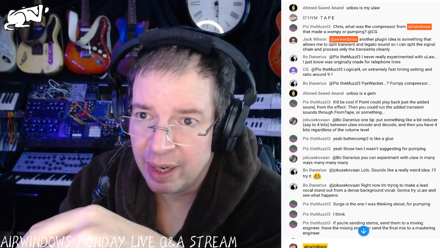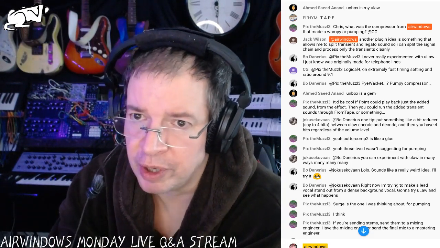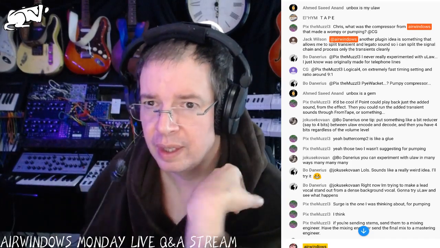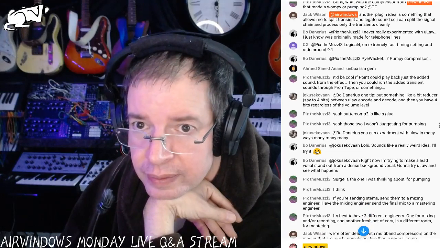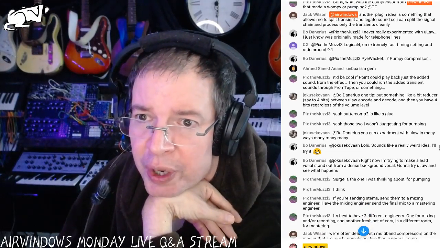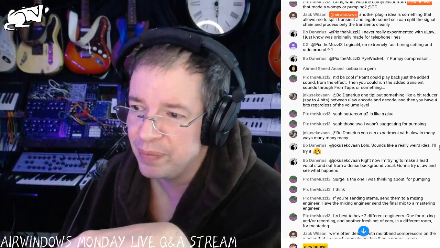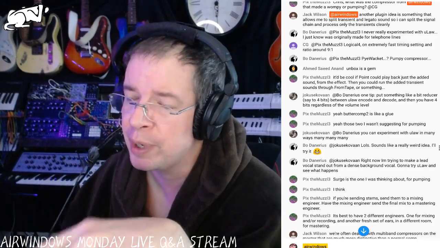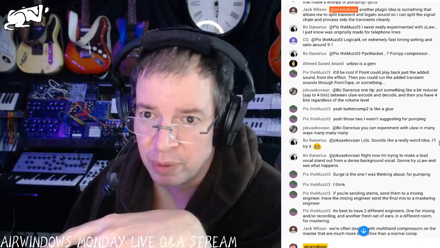Yeah. ULaw is all about using bit crushers in there. And rather than being a weird idea, it is dead center what it's best at. Like ULaw is best at putting a bit crusher in there and then modifying that. It sounds awesome. It's definitely worth doing.